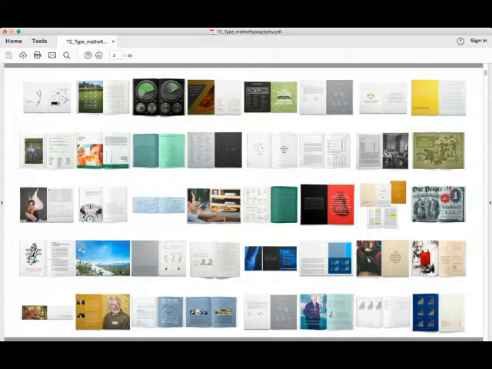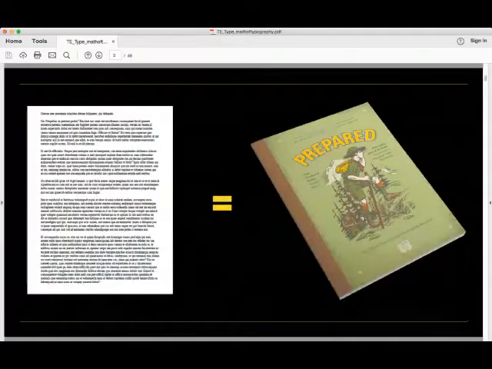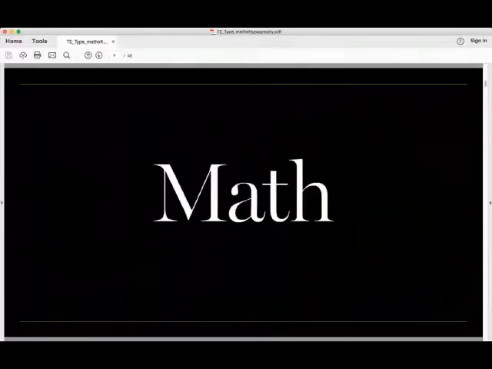So what we produce is a multi-page document that ranges somewhere between 24 to 80 pages. Typically it's 50. So we start out brainstorming ideas, and then we get some concepts going, and then we put it together. But in the beginning, it starts with math. And what we try to do is ascertain how many words we're talking about here.